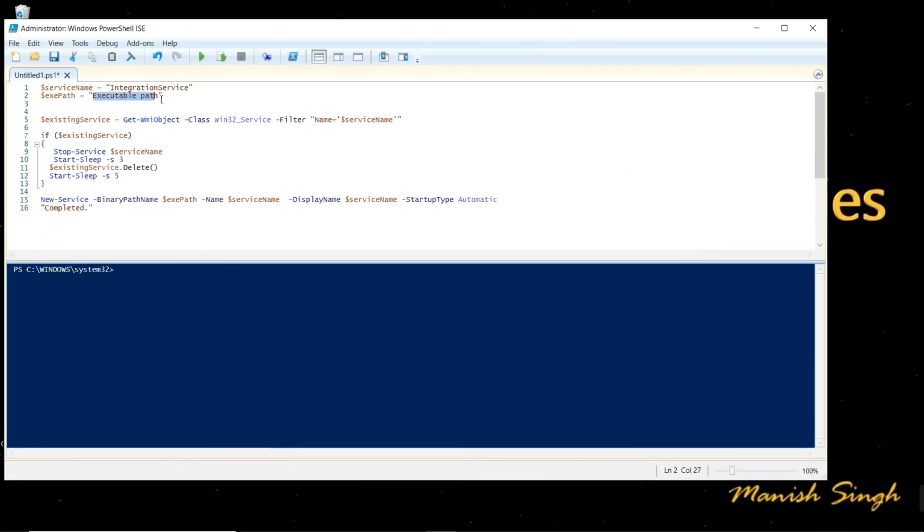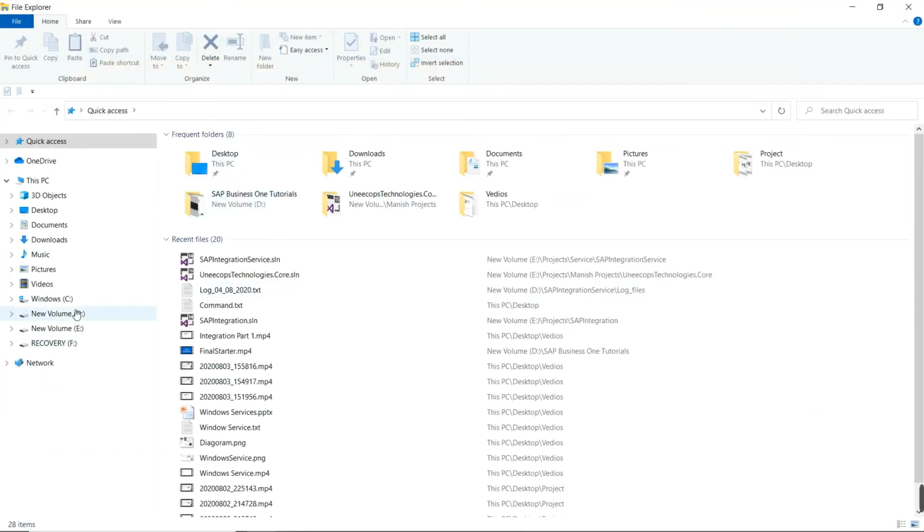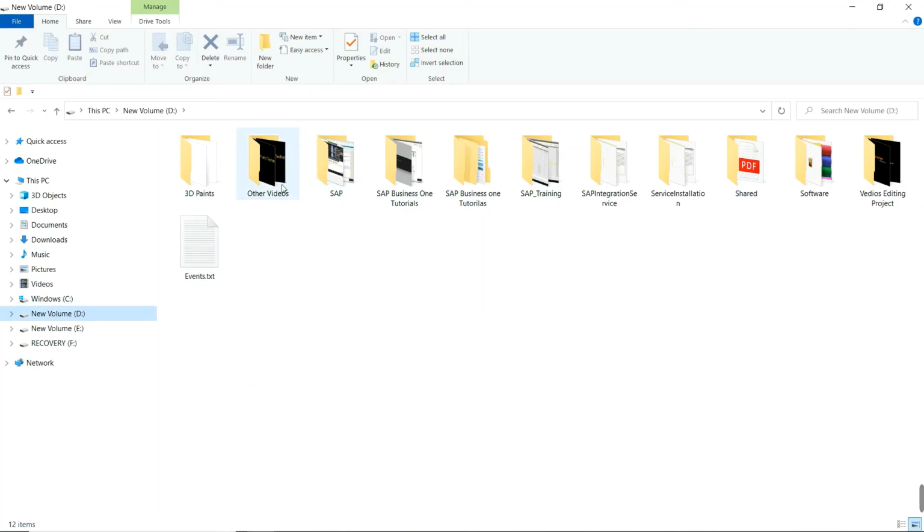So let me give the complete path of the executable file. Services.